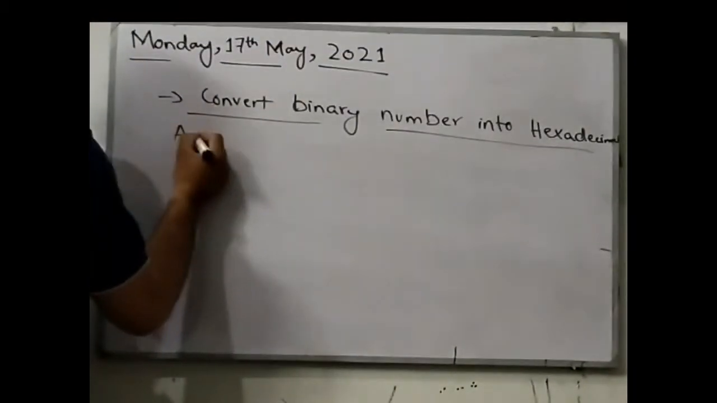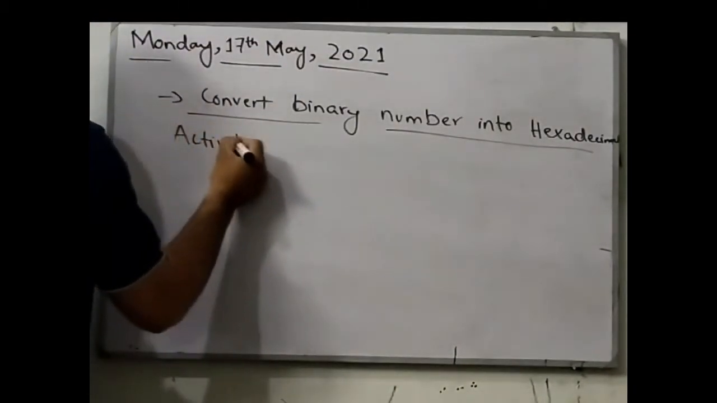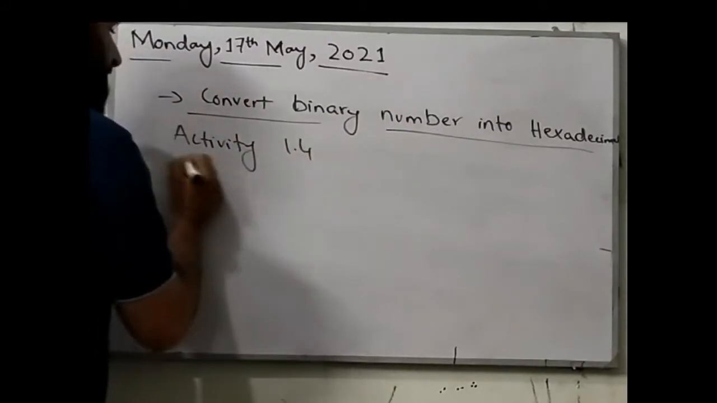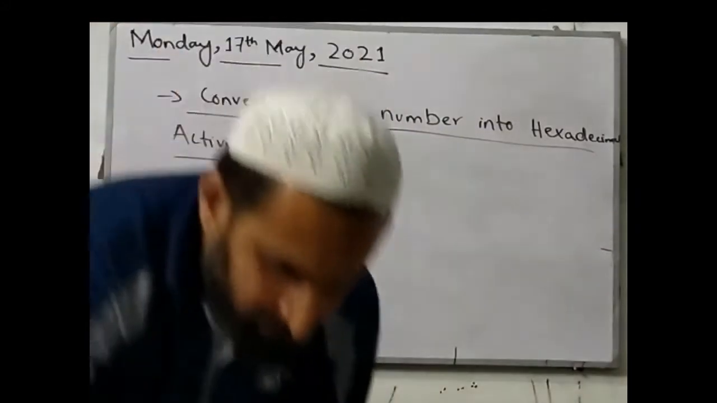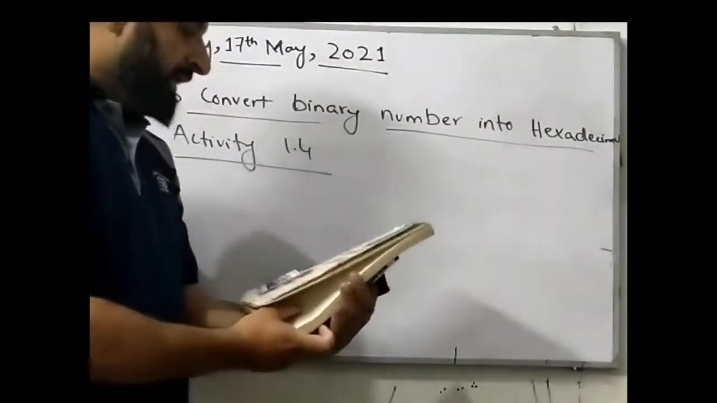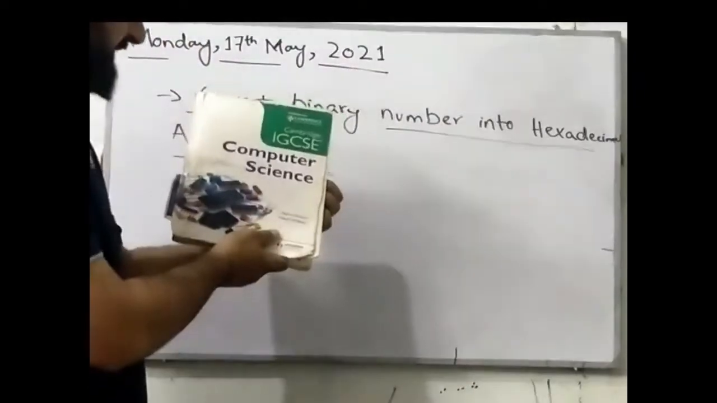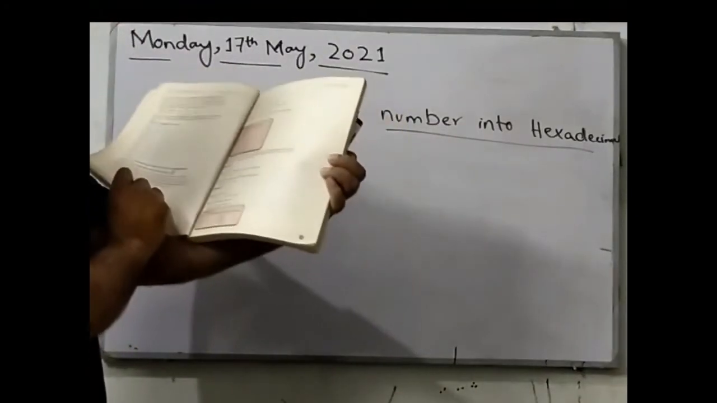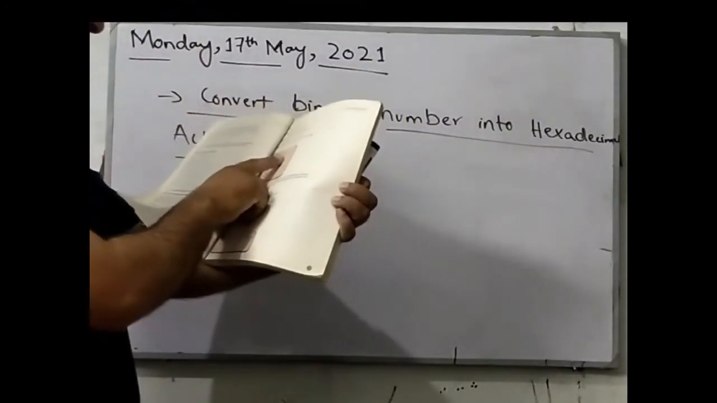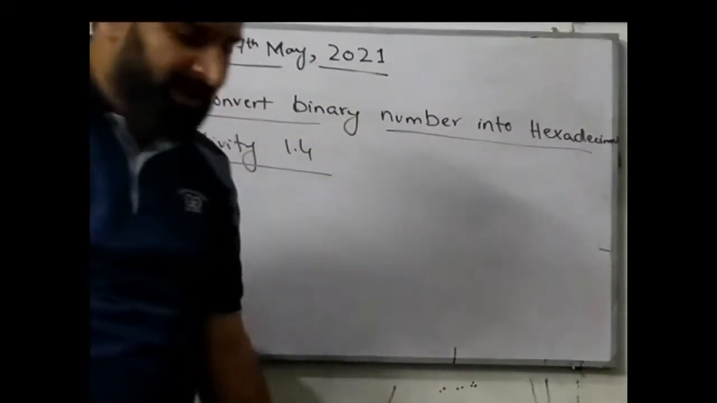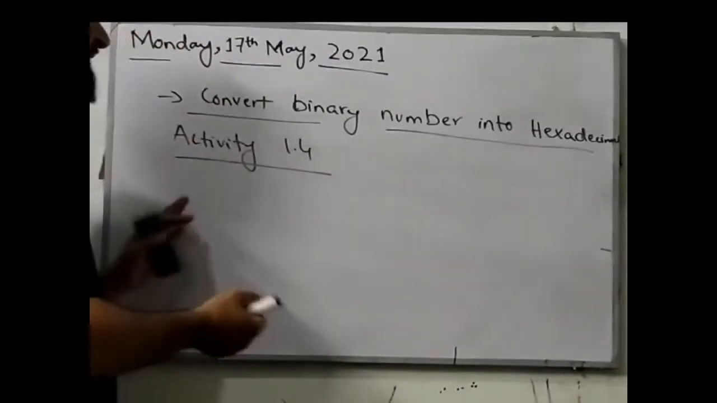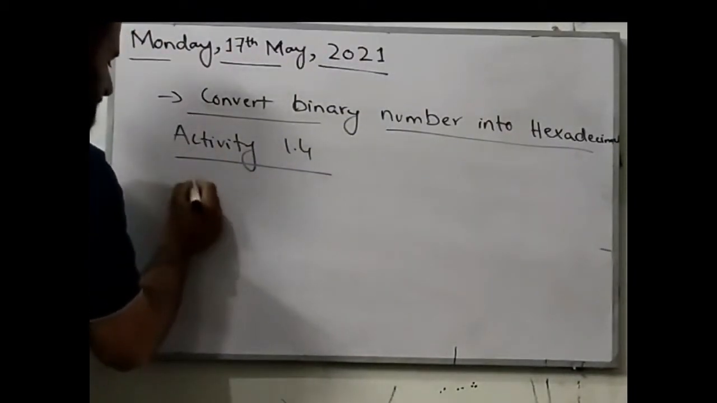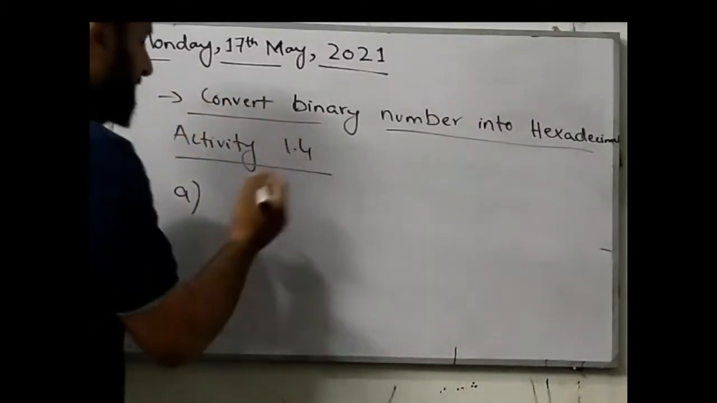I'm using this book, Cambridge IGCSE Computer Science, David Watson and Helen Williams, and it's on page number 7, activity 1.4. Convert the following binary numbers into hexadecimal. It's very easy. First of all I need to start from the very easy question. So I will write my own question. Let me write over here